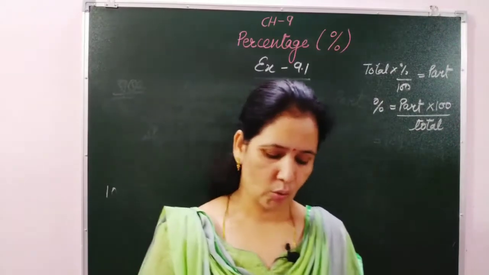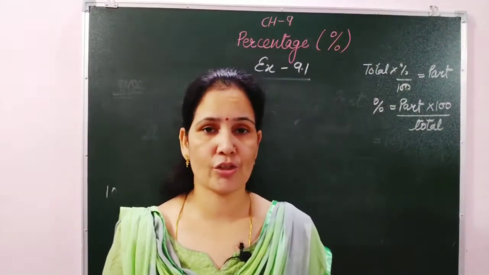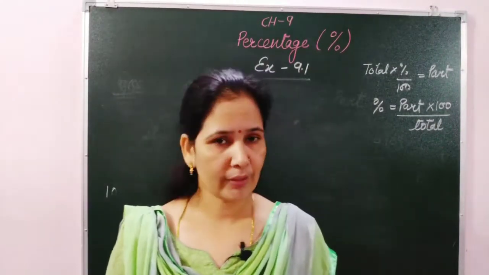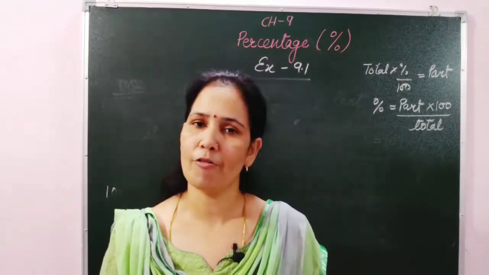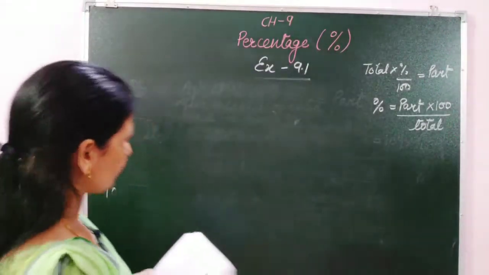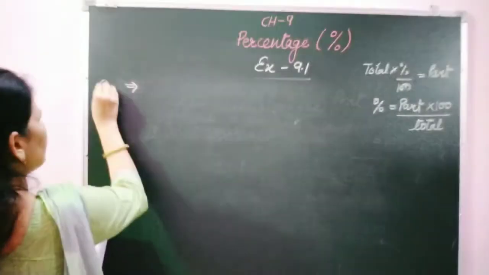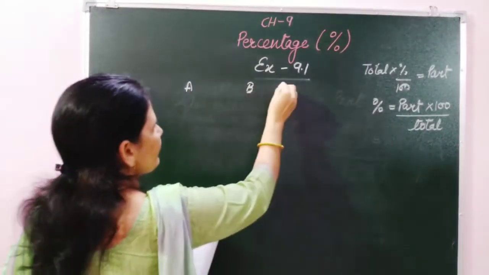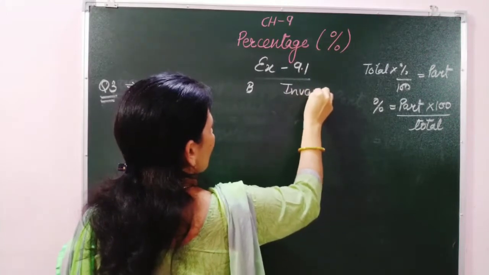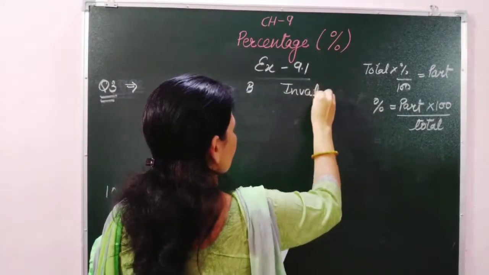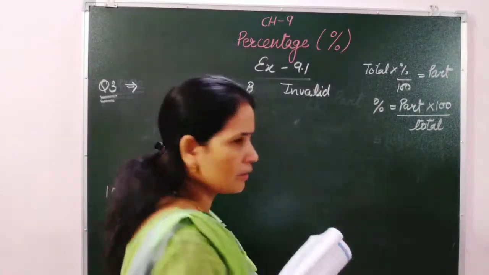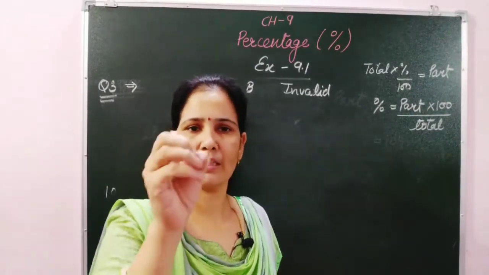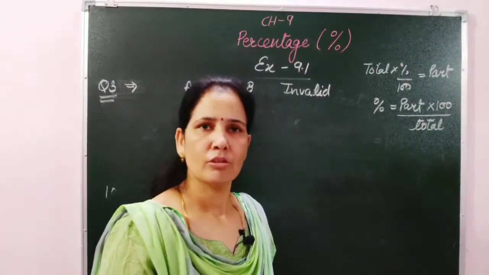Okay friends, in this one question they merged 2-3 questions. So by solving this question we discuss the whole concept of percentage. How? Let's see. There are 2 candidates, A and B, and there are some invalid votes. Invalid means that the person didn't cast the vote in favor of anyone. They only put the vote without writing their name, so that will be invalid.